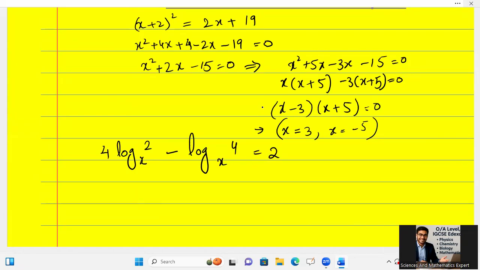Now I will have to go for finding the variable x again,